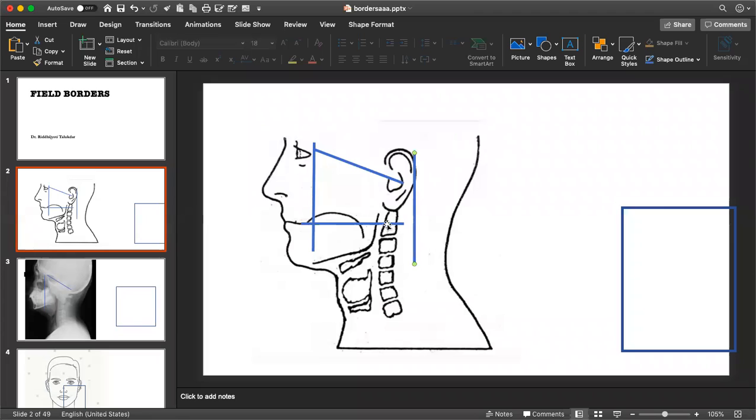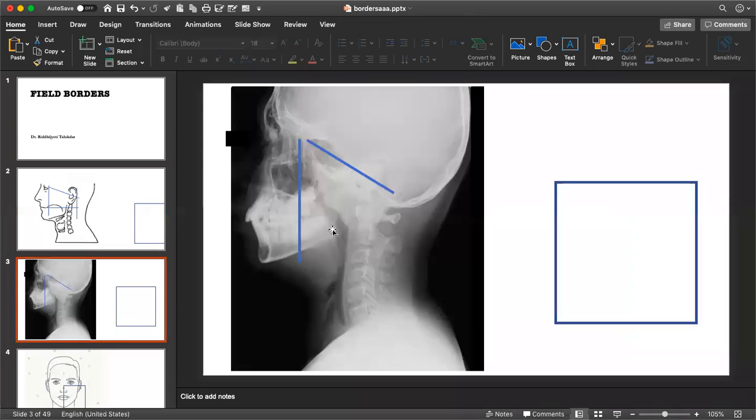Now what you need to take care of when you are treating this patient in an X-ray based plan is that whenever you're putting the posterior border, it should be covering the pterygoid plates. Okay, so your pterygoid plates would be somewhere around here, and your mastoid process is again here. So if you're putting it at the level of the mastoid process, it would safely cover the pterygoid plates.